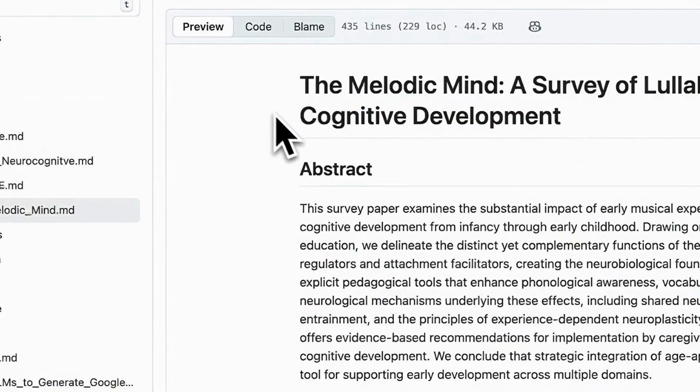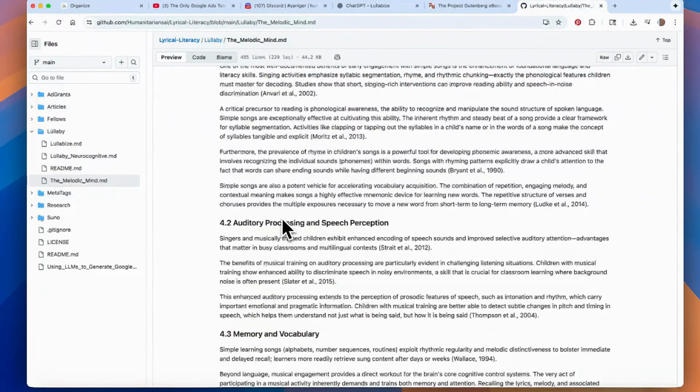Basically, what we did is we did a bunch of research on what are the best practices and rules that one would need to use simple songs and lullabies for cognitive development. There's a lot of evidence that singing enriches areas of the brain that you don't reach through logic and other things. It's very, very important for your brain. So the Lyrical Literacy Project is trying to get people to do simple songs, particularly kids and even older people. As you get older, you in particular want to exercise your brain.